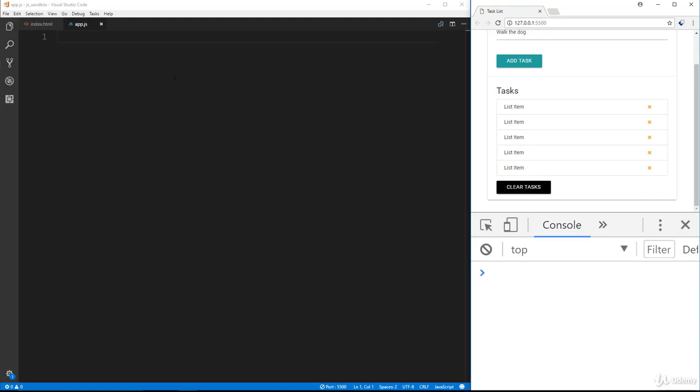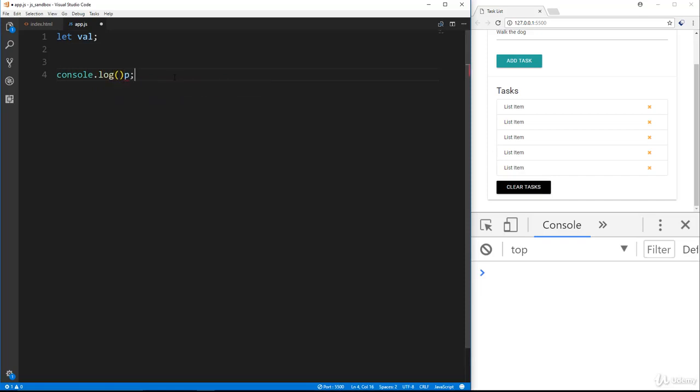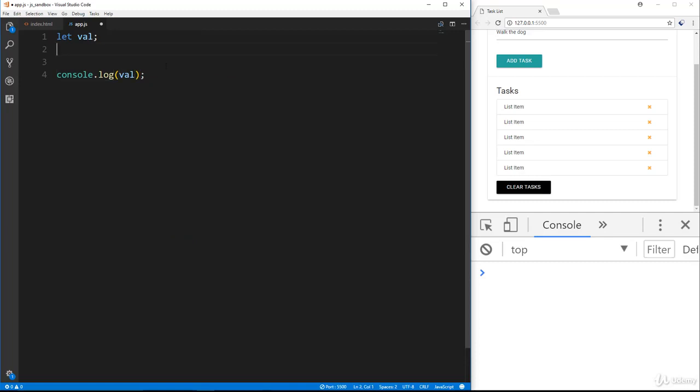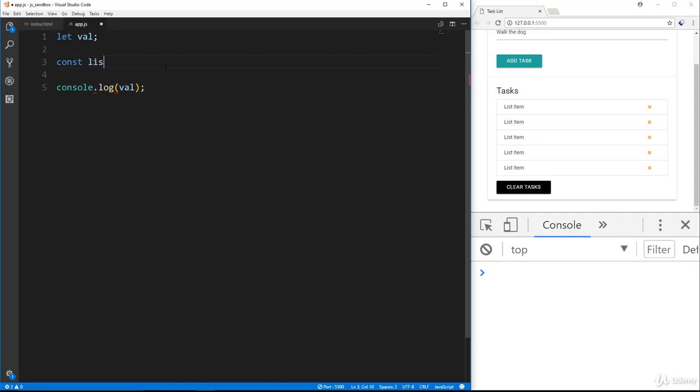Alright, so I'm going to go ahead and just declare a variable called val, just like we've been doing, and then just console.log at the bottom of the page so that we don't have to keep writing console log. We'll just set different things to val. Now I'm going to set two constants. The first I'm going to call list, and it's going to be the UL that wraps these list items, and we'll get it with